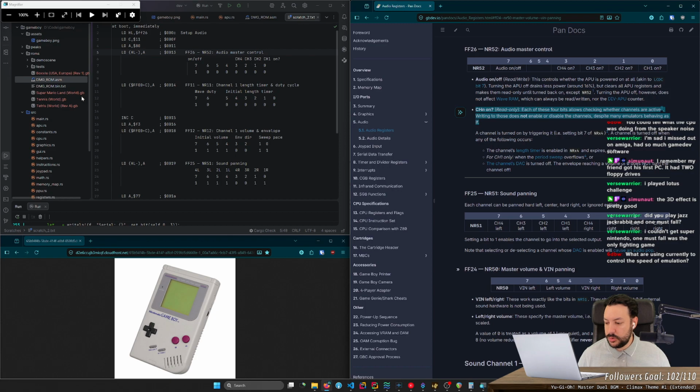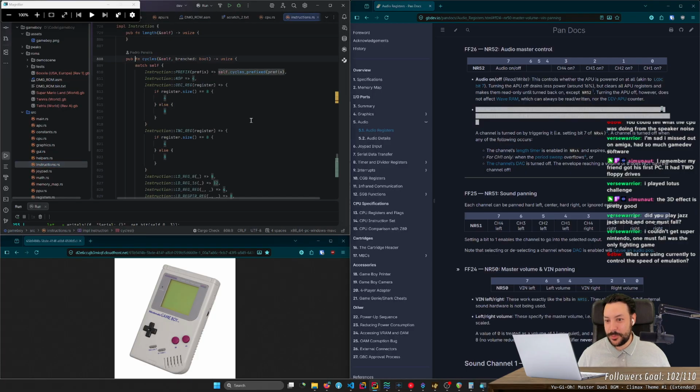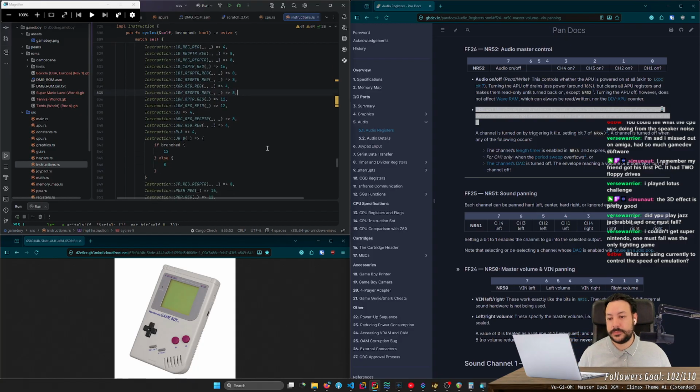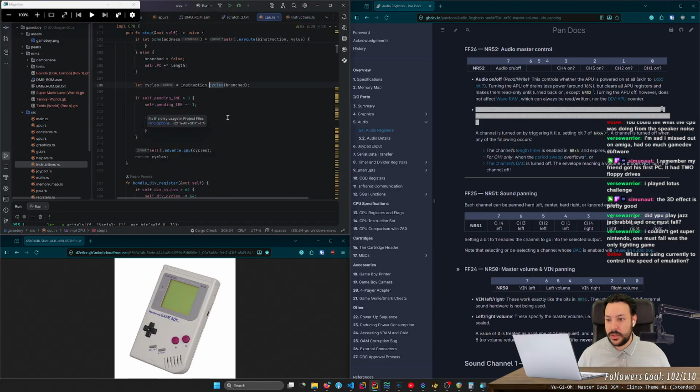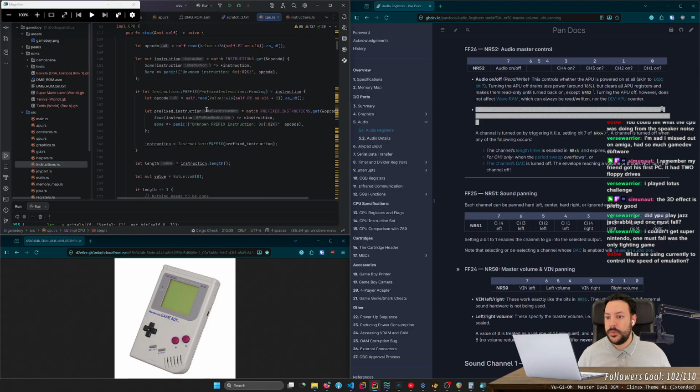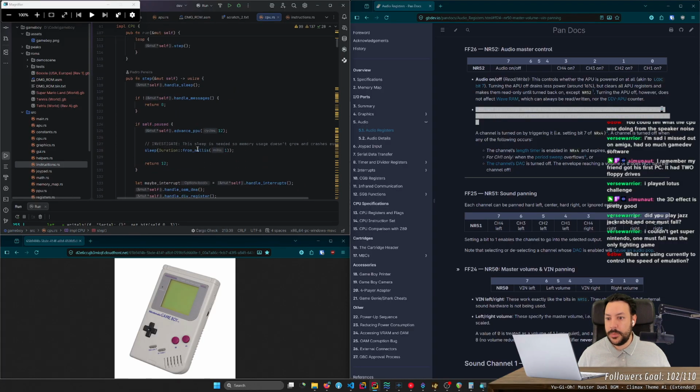What are you using currently to control the speed of emulation? Thoughts and prayers. Nah. Thoughts and prayers is not the proper answer. I'm storing how many clock cycles each instruction is supposed to take, and then I'm accumulating however many clock cycles are supposed to run in one frame.